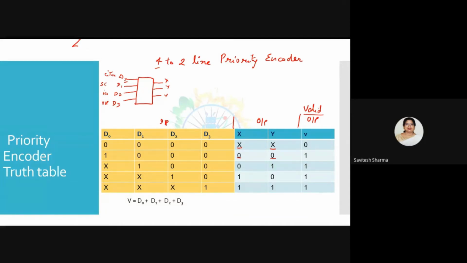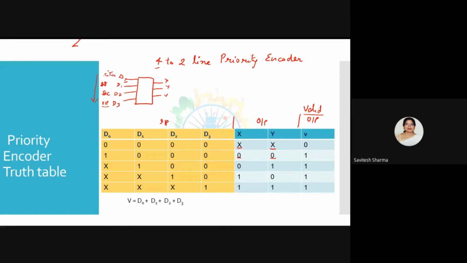Let me change this: senior citizen and then woman. Okay, so this is the example I am telling you to understand the concept. Suppose there are 4 types of person available in the queue. I am deciding a precedence that the highest precedence is to VIP. If VIP is there in the queue, I will allow this VIP person first. If a senior citizen is there, then I will prefer this senior citizen as second priority. Then woman, then normal citizen. Based on that, I will decide a code.